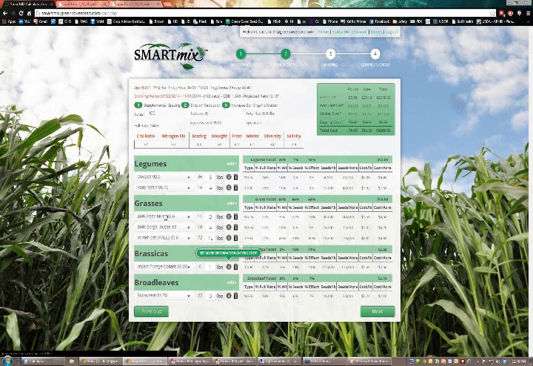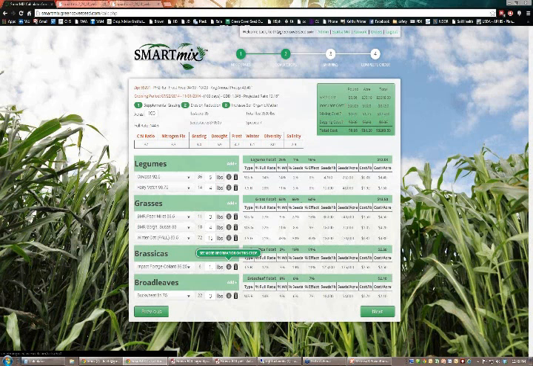So we can go back, we can change these species, we can change the amounts that we have here, and it will change all of our numbers, it will change the prices and things like that. Right now, if you want to go back and change your planting date or your goals, you pretty much have to start over. The reason for that is because if we allow you to change your goals here, the things that you already have selected would not necessarily still make sense in this mix. And so to change that, we're basically saying you just need to start over with a different mix.